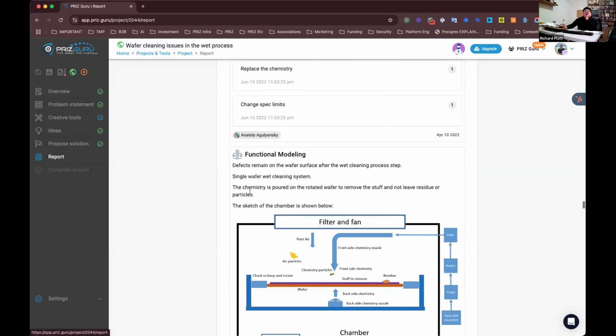Well, one of the things that I used as a best practice when I was at Intel, and I've used since training others, is to have everybody always do a report out to management to show the validity and value add of using such a method like PRIZ. The report generates everything that you did, which you can then throw into a presentation, say 2-3 slides, but also have as backup for when you're presenting to management if they ask any questions.